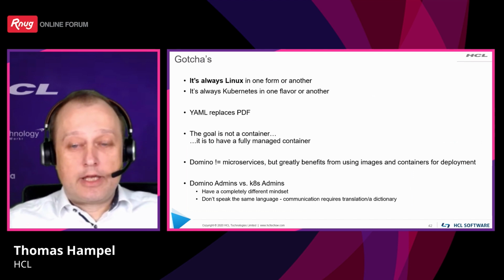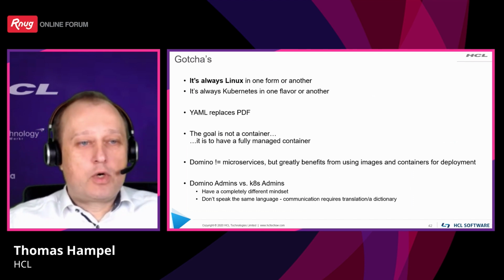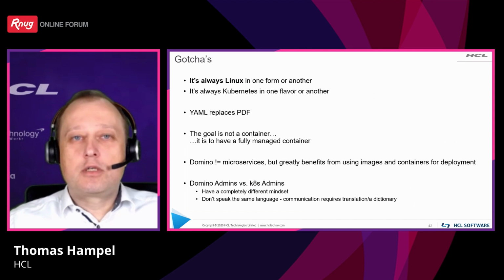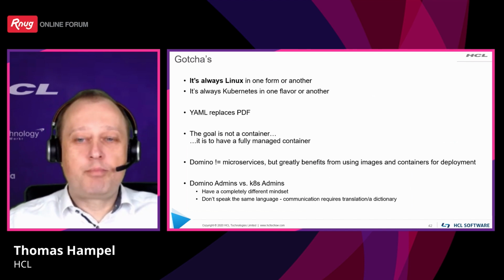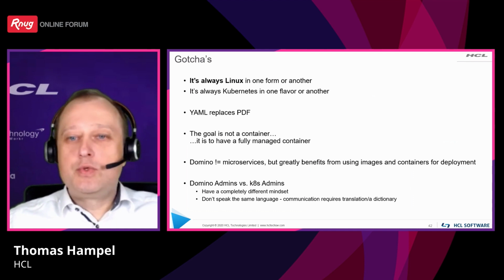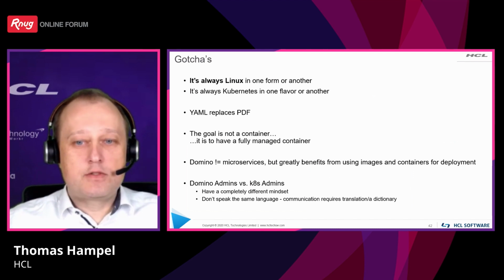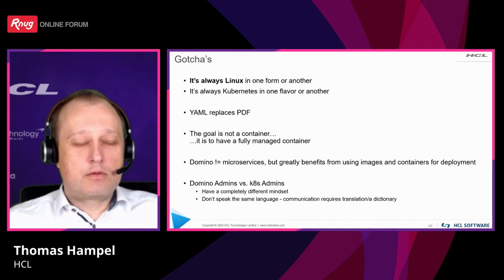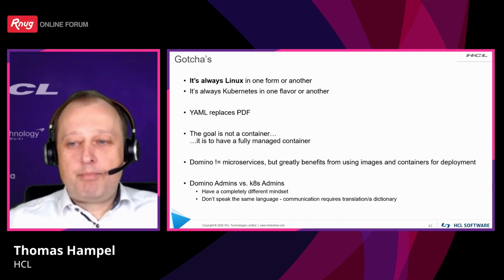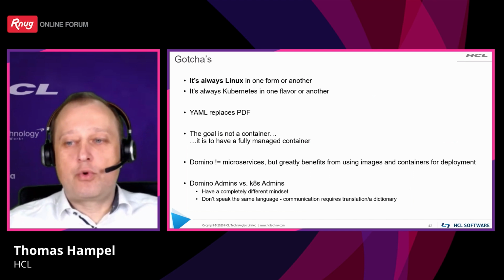Small summary on lessons learned from our workshops. Domino, by definition, by the product as it is right now, is not a microservice platform. Domino itself is a platform that unifies different services into one product. So by using Kubernetes, Domino is not going to be split into pieces by definition, but by using the container deployments like we just explained, Domino can greatly benefit from automation and reducing the total cost of ownership